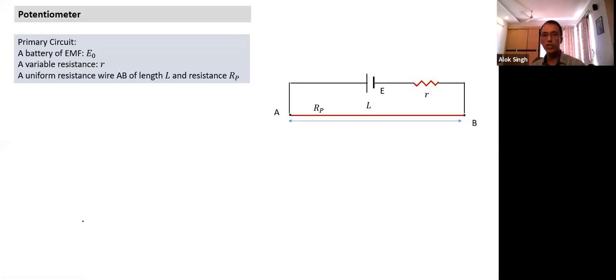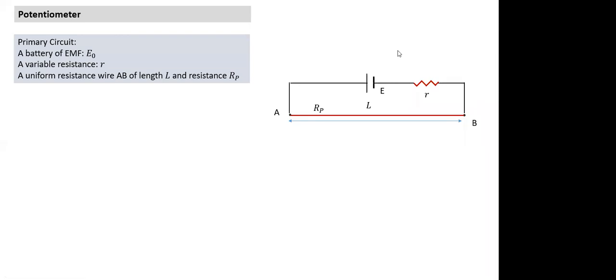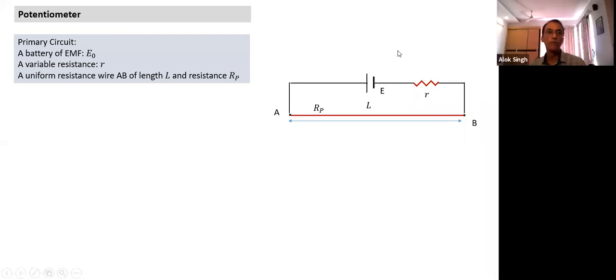And potentiometer we have to think of just like a circuit. It's an electrical circuit, of course, with the battery and resistance. That's all. And to understand potentiometer, we'll divide it into two parts. One is called the primary circuit, and later on we'll see what is there in the secondary circuit. Typically in most cases, the primary circuit will remain the same, and the secondary circuit will keep on changing. Let's understand what a primary circuit is.